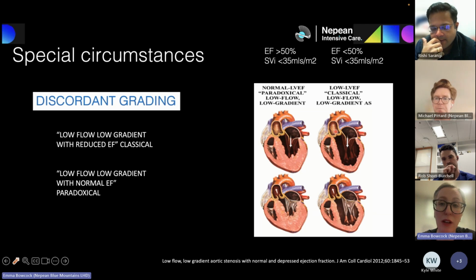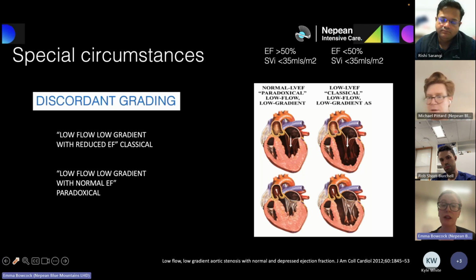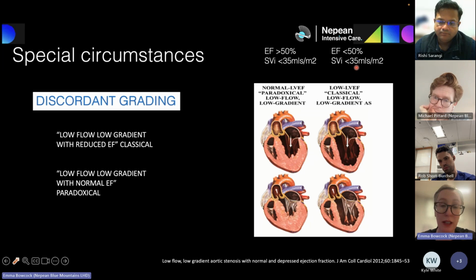But an aortic valve area of 0.8 and a DSI of 0.21, then that's someone with discordant gradients, and they've potentially got classic low flow, low gradient, severe AS, but you couldn't necessarily call it that until you increased their flow across the valve. If you increase their stroke volume index to more than this 35, and their aortic valve area stays less than 1 and their gradient goes above 40 and their Vmax goes above 4, then that is true severe aortic stenosis,